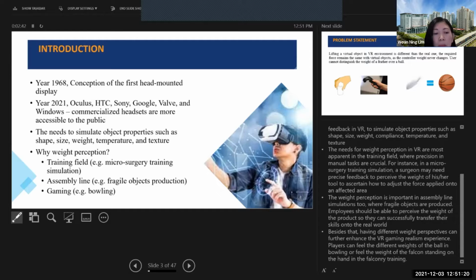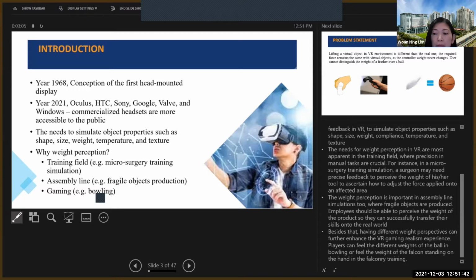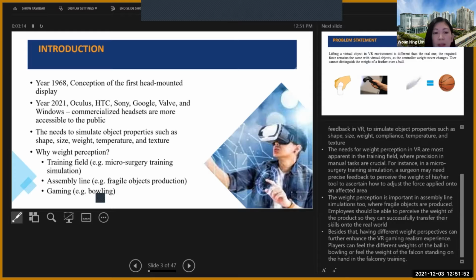Weight perception is also important in the assembly line, especially where fragile objects are produced. The employee should be able to perceive the weight of the product so they can successfully transfer their skill onto the real world. And definitely in gaming, different weight perceptions can give VR gaming a more realistic experience. The player can feel the different weights. For example, in a bowling game, you can feel how heavy the different balls are.